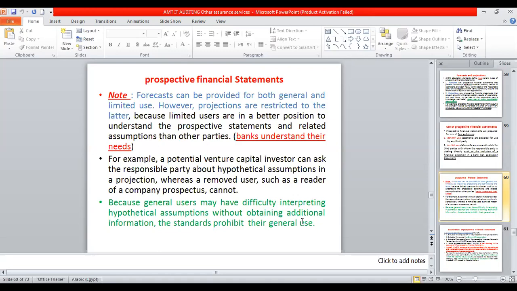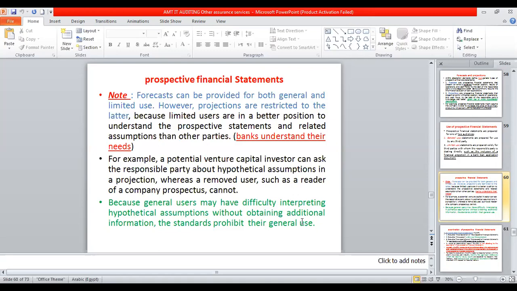So the bank already understands the state of nature and the hypothetical assumptions. For example, the state of nature could be certainty, risk, or uncertainty. Risk as a state of nature is based on probabilities. So the bank here already understands the hypothetical assumptions, and understands the state of nature as a risk which requires probability, and the uncertainty state of nature, under which there are no probabilities. So here the bank already knows and understands